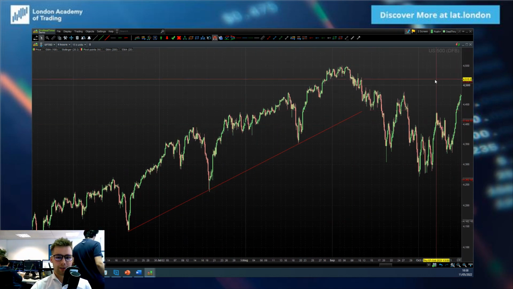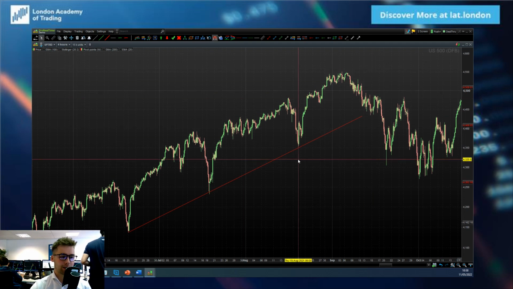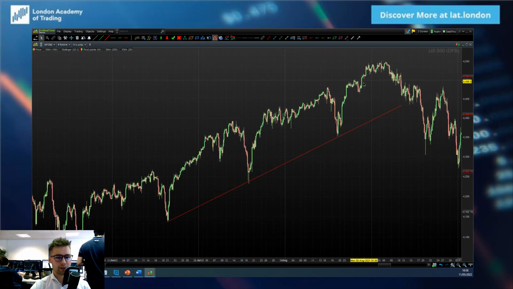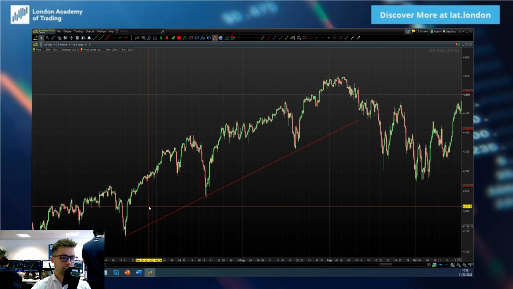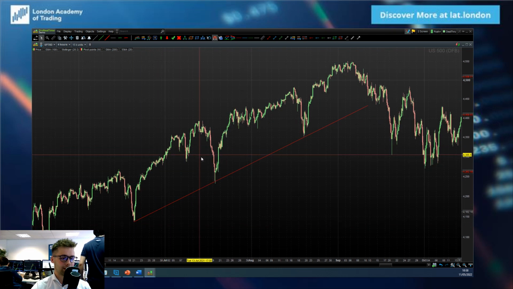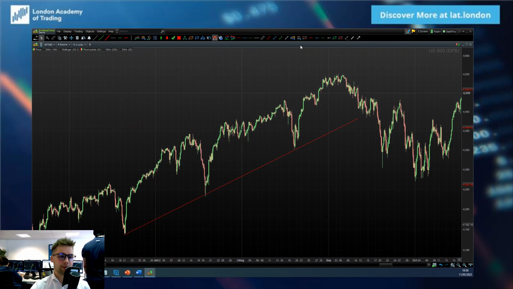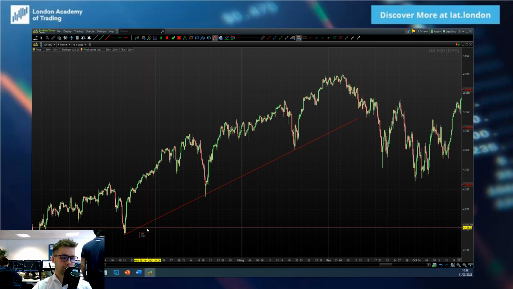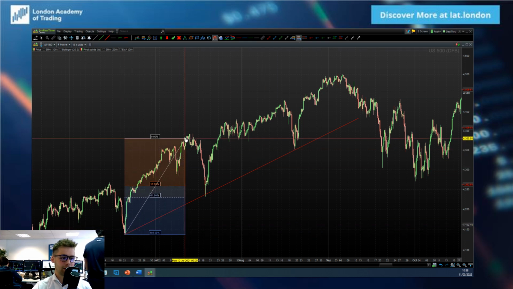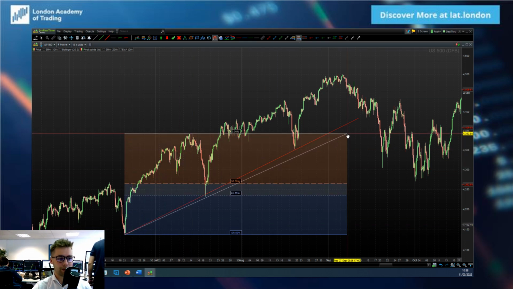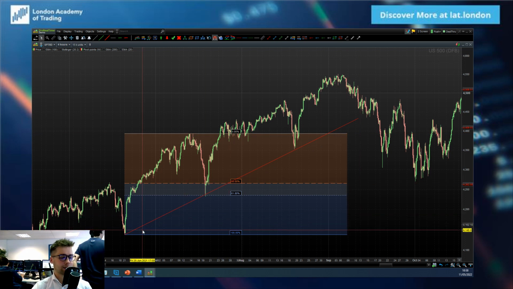So this is the S&P 500. This is a 4-hour chart. We can see prices in an uptrend coming through here. We're going to draw our Fibonacci's between these 3 points here. So in an uptrend we'll go from a higher low up to a higher high. We'll pull our Fibonacci across. We can see here our Fibonacci is lined up nicely with a trend line. We've had a clean bounce off of this trend line and off of our 61.8% level,